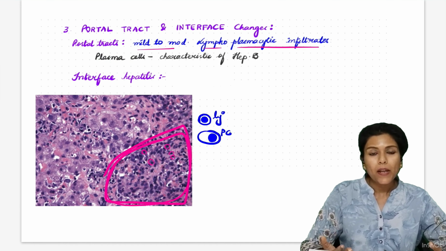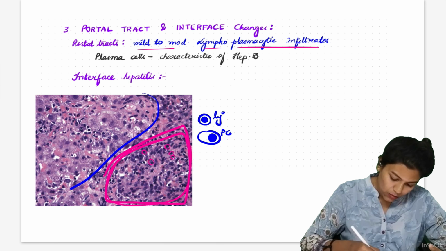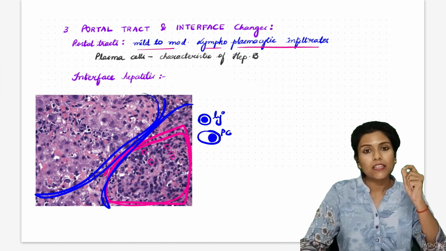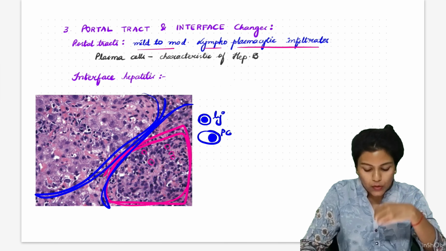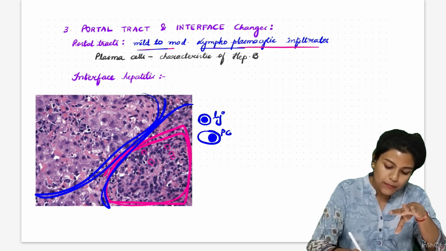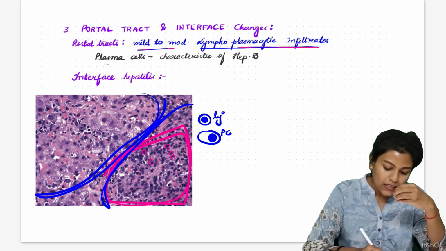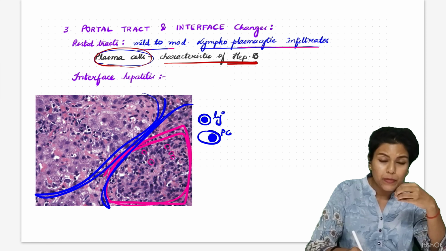So, lymphoplasmacytic infiltrate at the portal tract. This is one lobule. This is the portal tract. Completely, the portal tract containing hepatic artery, portal vein, bile duct, they are completely obscured because of these inflammatory cells. So mild to moderate lymphoplasmacytic infiltrate is common in this hepatitis, and plasma cells are especially characteristic of hepatitis B